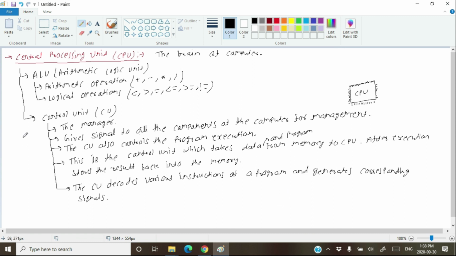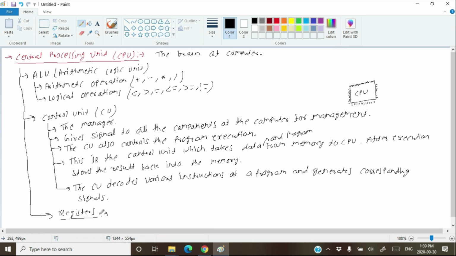Then finally, we have the third part of the CPU, that is called registers. Tell me, what are registers? Registers are temporary locations present in the CPU. Whenever the control unit reads something from the memory, the control unit stores the instruction and data into the registers of the CPU.